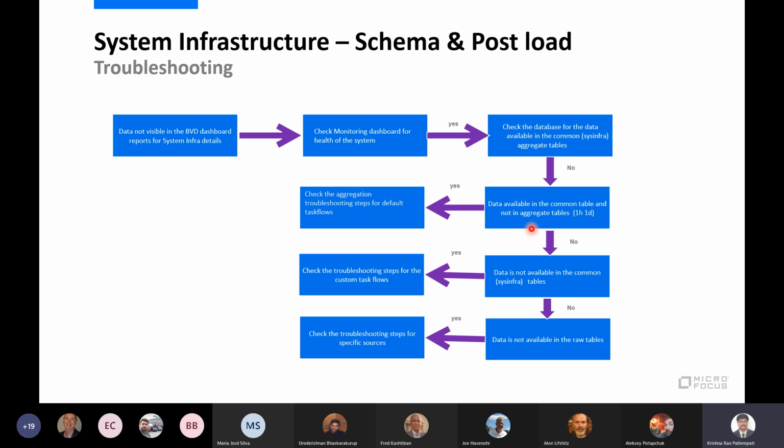So once the content is installed, there are configuration steps to collect data from your agent, metric collector and streaming. So the data flows. Then there are two types of approach to troubleshoot your system.